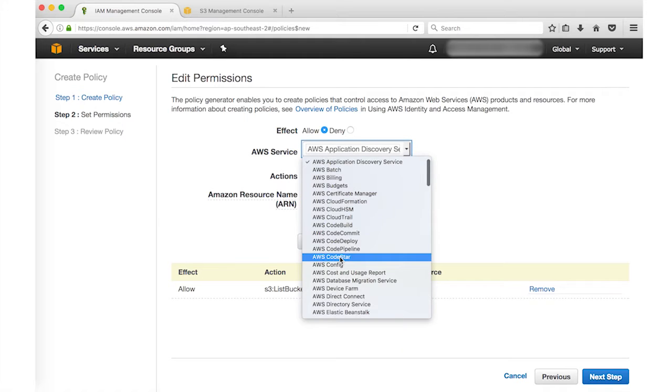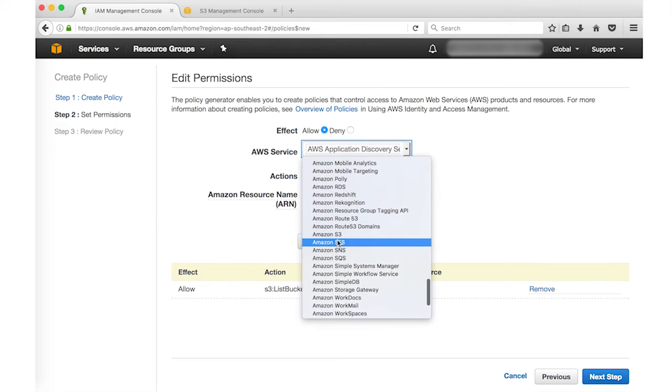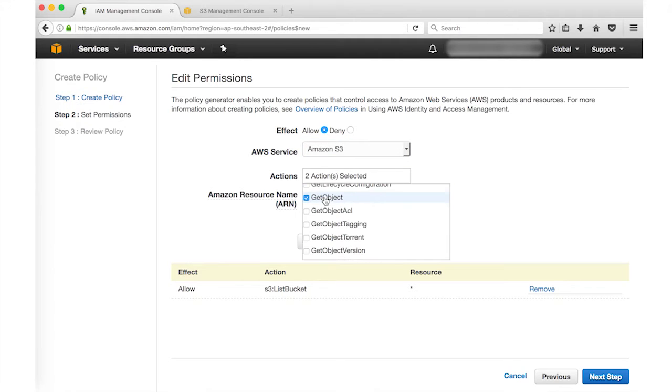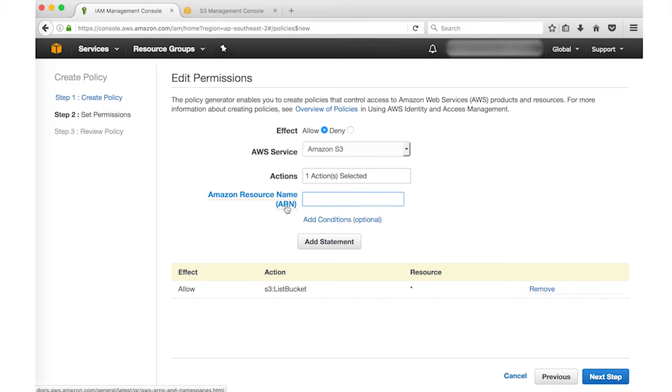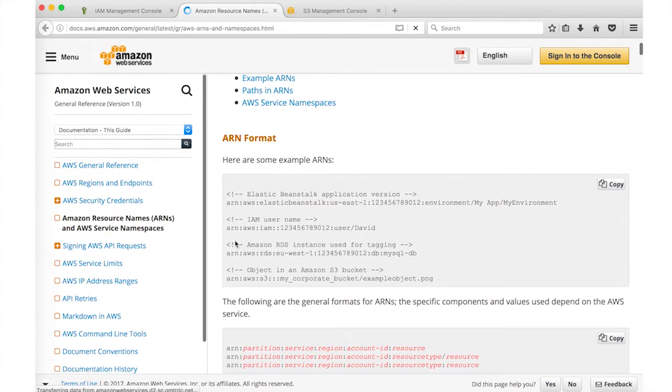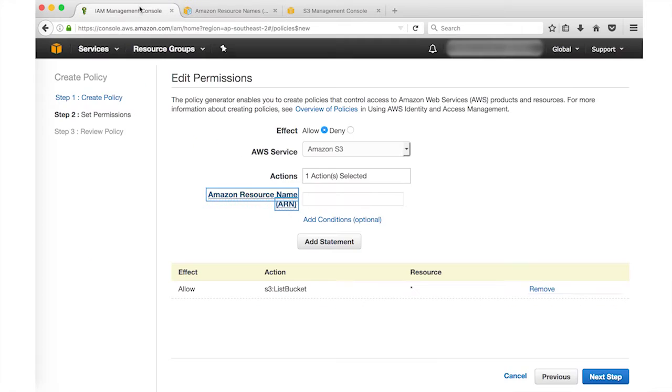Let's create a second statement in AWS IAM for Amazon S3. Under Action, let's choose the Get Object operation to permit download. For Amazon Resource Name, or ARN, let's follow the documentation to learn more about the structure. The ARN always starts with ARN, followed by AWS, and a service in use. In our example, we will use S3, followed by the bucket name, /folder, and /star to indicate all objects under